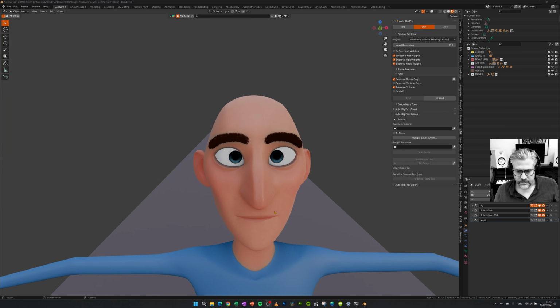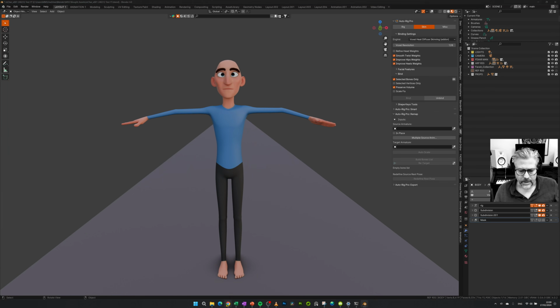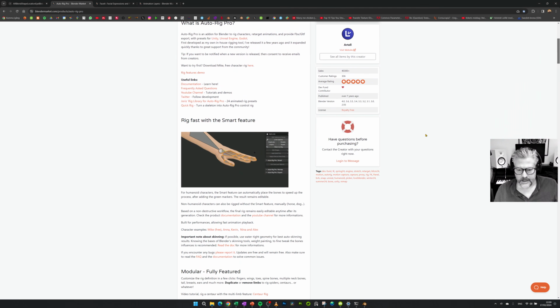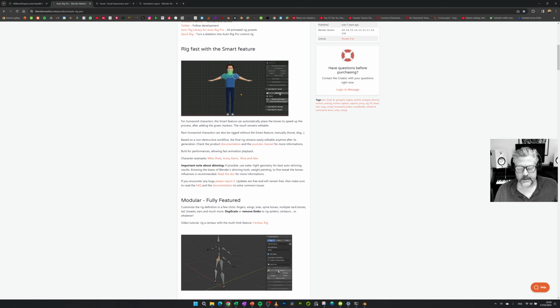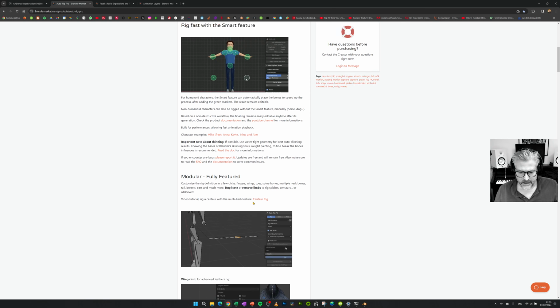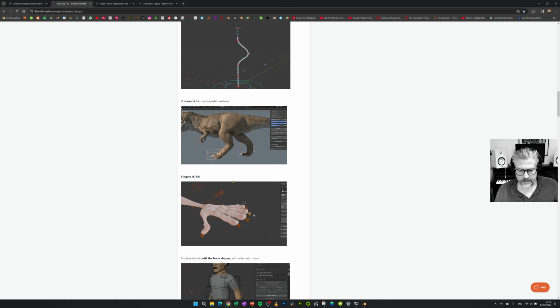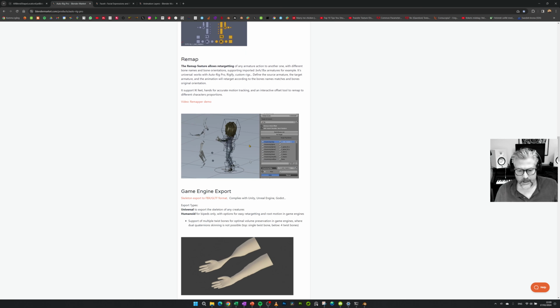Let's have a look first of all on AutoRig Pro, so we go into the web and have a look on AutoRig Pro. It is a Blender add-on that makes the rigging and skinning of any kind of character. It can be animals, it can be humans, etc. You can have this smart feature here with just putting these dots at the correct places, and then it creates a reference rig, and then from that one you can do some tweaking, and then you can generate the control rig. And then the skin is working out very well,